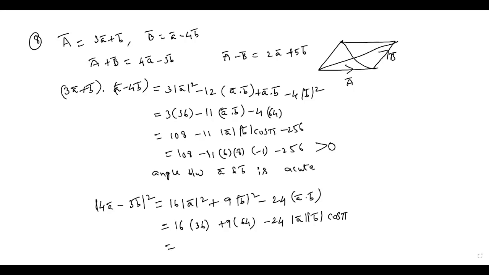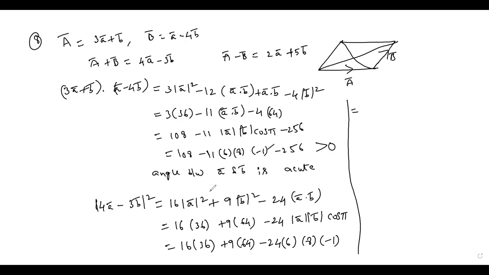Now in this, directly simplification is lengthy. That's why we can make a common term, which is common is possible in these terms. Okay, 16 into 36, 9 into 64, minus 24 into 6 into 8 into minus 1. Here, which is commonly we can take common here values, which is exactly common is possible.